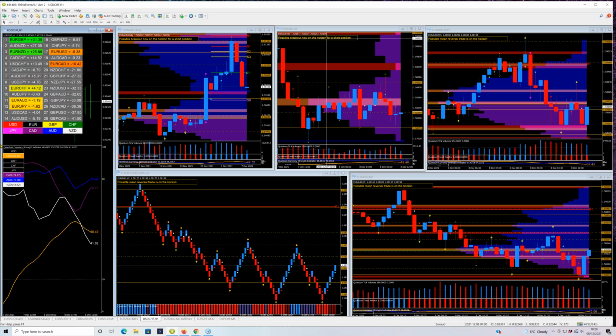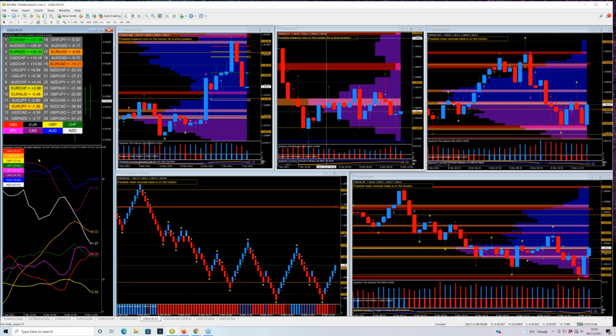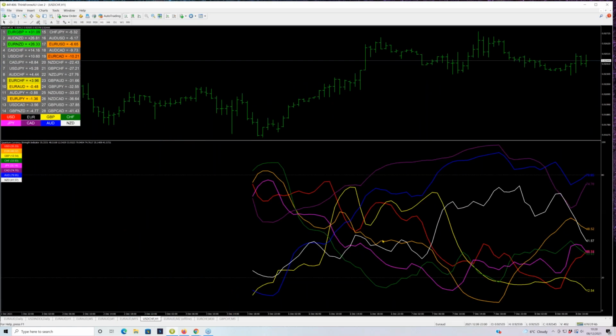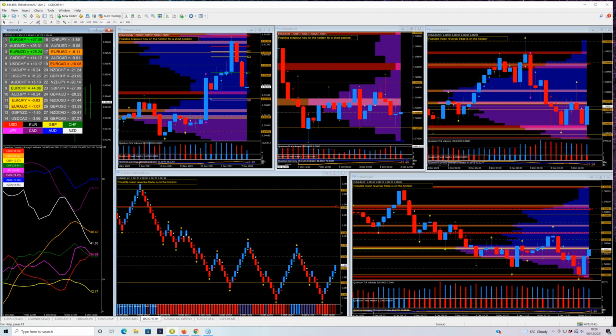Let's have a look. Let's put them all back again. With the CSI, you can just click them on and off here. Right, this is the fall that we had in the euro. We also had a fall in the pound, but interestingly, we had a reversal in the euro, while the pound seems to be going ever lower. So that's what I wanted to highlight today.